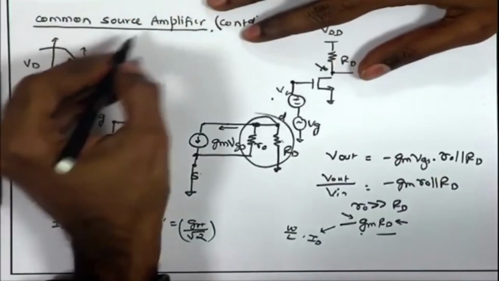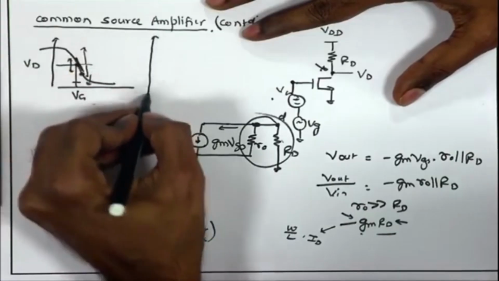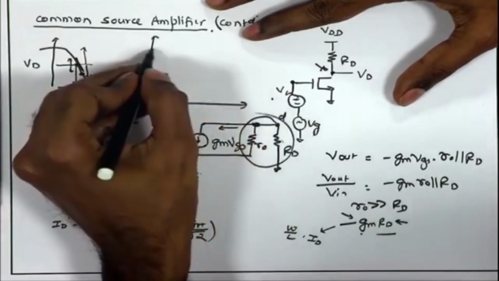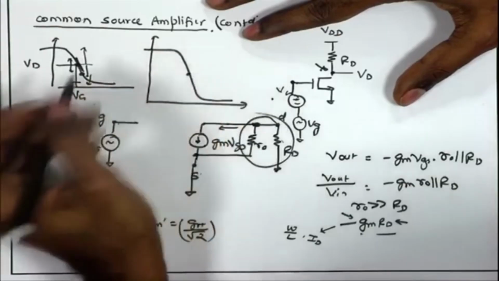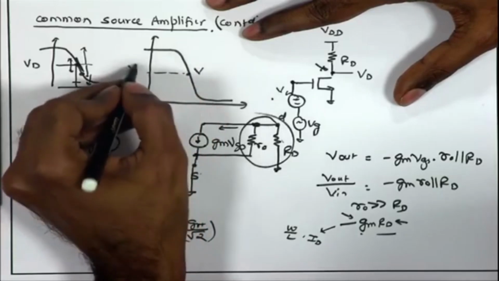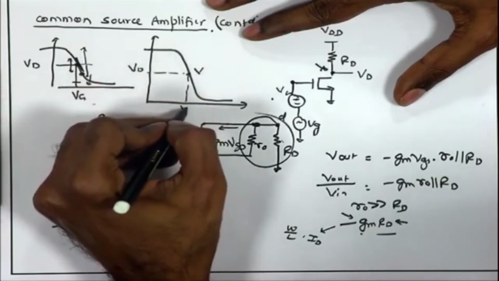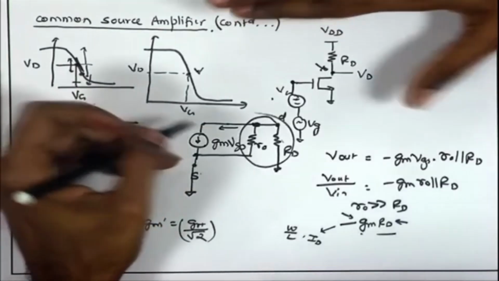And what does that mean effectively? In this curve, how will we obtain it, how do we rationalize this? So, if I look at the original curve, I was at a midpoint of the two extremes and I had a certain Vd and a certain Vg, this was my DC operating point. Now, what I am saying is I am going to reduce my